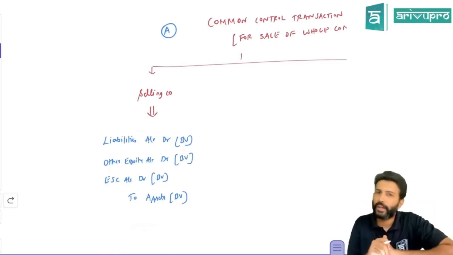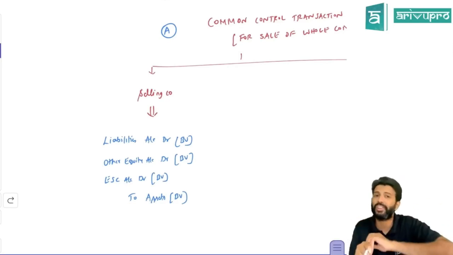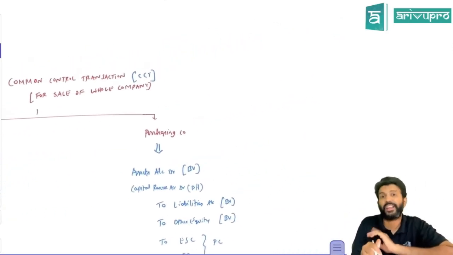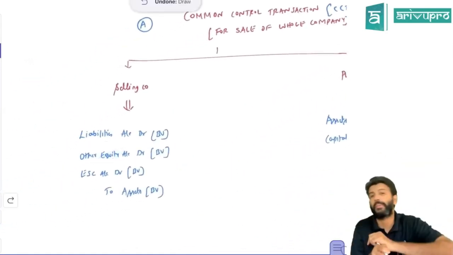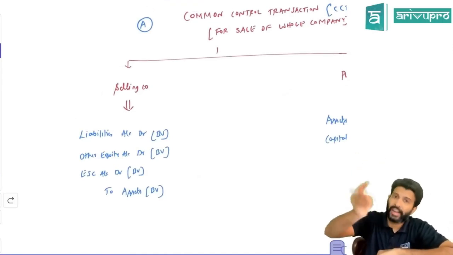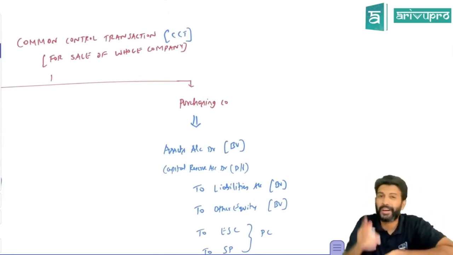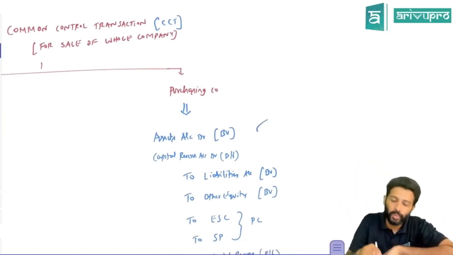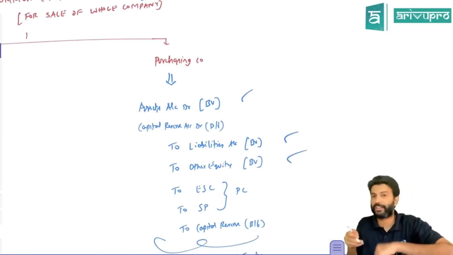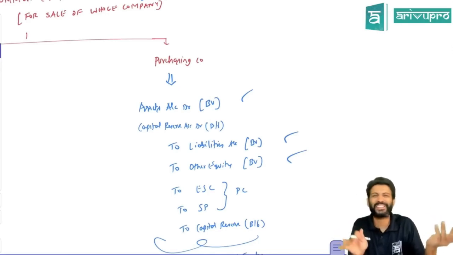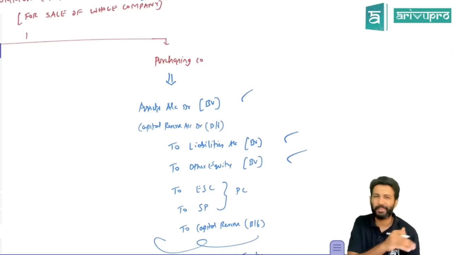What about the purchasing company? They have purchased the business, which means they will get the subsidiary and all the assets and liabilities of the acquiree. They will record all the assets, liabilities, and even other equity, line by line item; everything will be picked up at book value by the purchasing company. So assets will be debited at book value. All the liabilities will be credited at book value. Other equity will be credited at book value. So why not share capital, sir? Share capital belongs to the selling company. The selling company is shut down now. Instead, they'll have to issue PC, right? So don't credit the share capital of the selling company. That will not be taken.